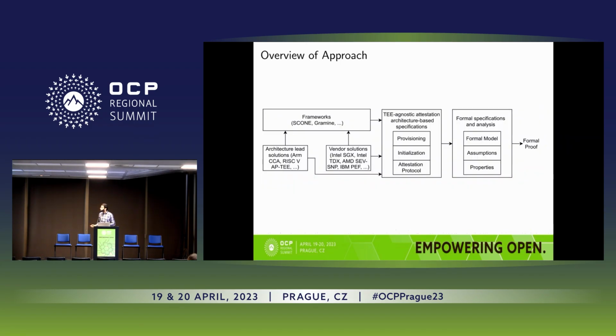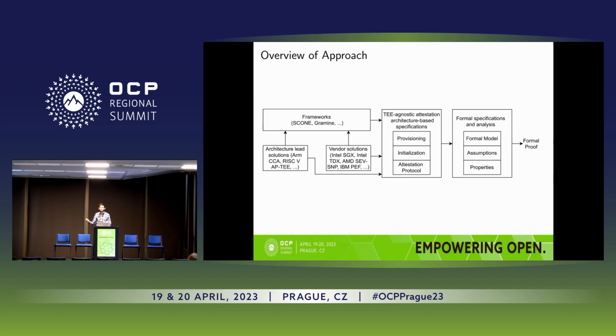All right, so an overview of the approach. On the left side are the blocks that we have just seen. Architecture-led solutions, ARM CCA, I just talked about. Vendor solutions, Intel TDX, that we selected. In the frameworks, we selected SCONE. So any of these three solutions can be sent as an input to this block, which is the TE-agnostic attestation architecture-based specifications. In short, what this means is that we have architecture-based specifications which are not written